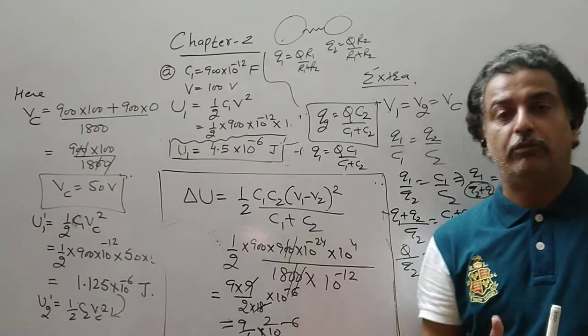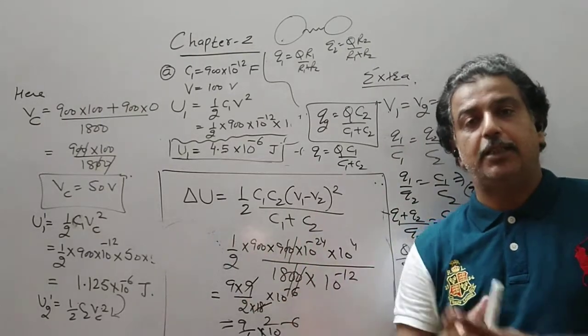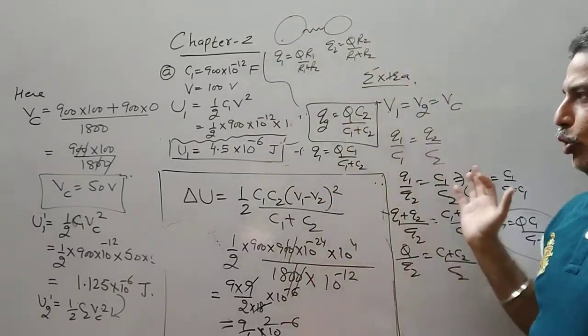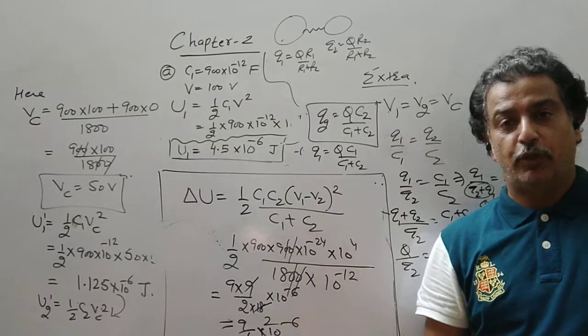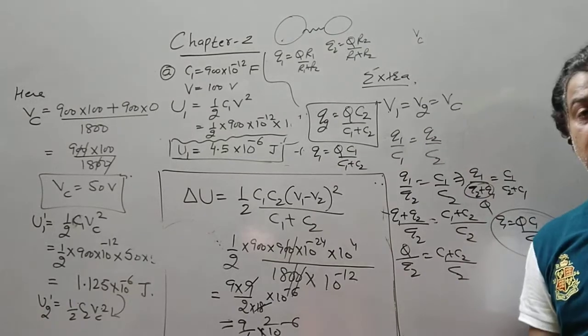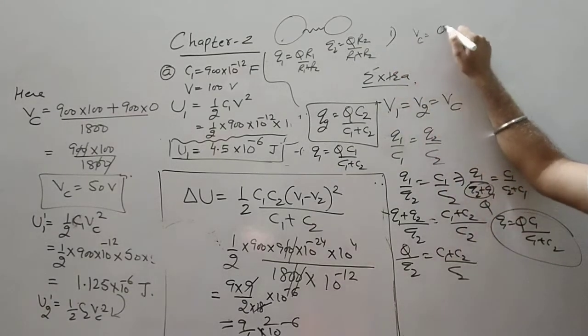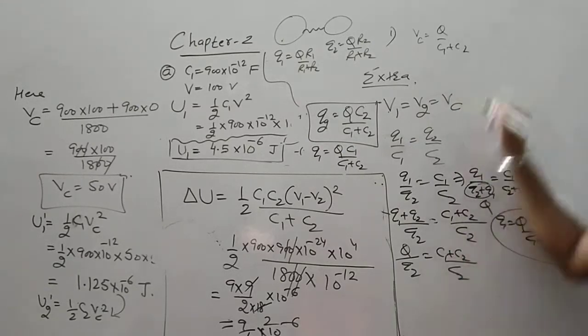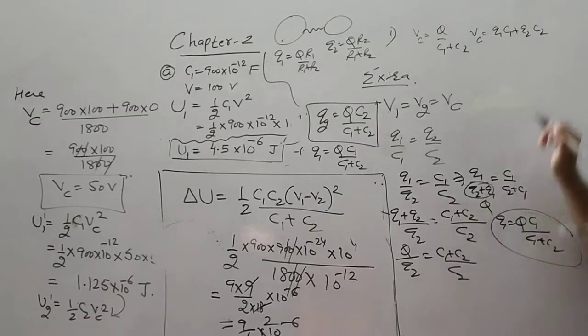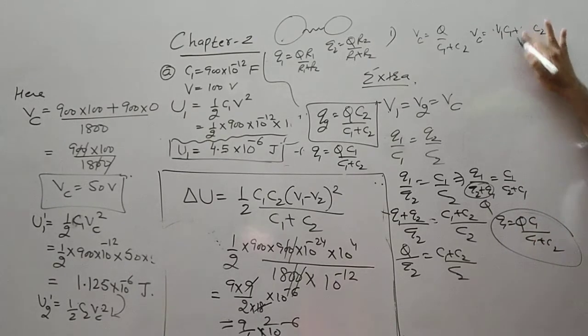of the energy when one capacitor is fully charged, it is removed, and another capacitor is connected. So if in MCQ they ask you a loss, there is no need to do all this concept directly. You remember this formula. So in the end, remember the three formulas. One is common potential, total charge upon total capacity. Other is common potential is equal to Q1 C1 plus Q2 C2. Sorry, V1 C1, V2 C2. V2 is if capacitor 2 is connected to a battery, divided by C1 plus C2.